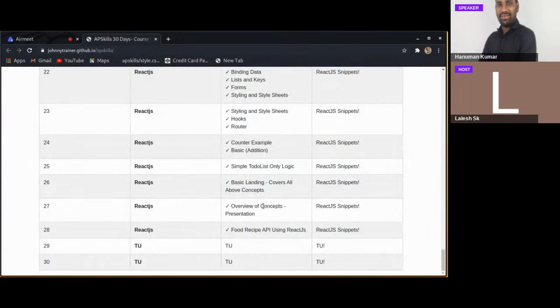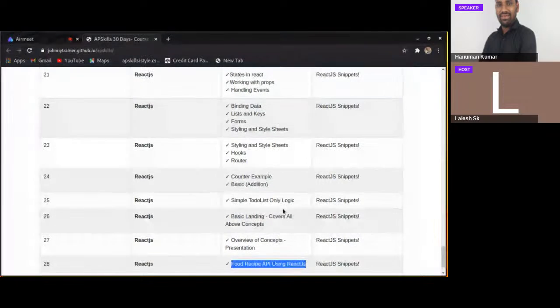And the overview of concepts. Okay, definitely. Food recipe API using React.js. So we will see what kind of APIs we have for free. Based on that, we will use them. Don't worry about it. So we have to discuss the router concept,